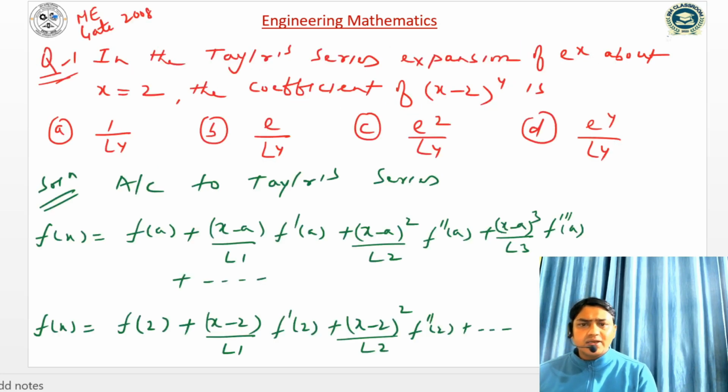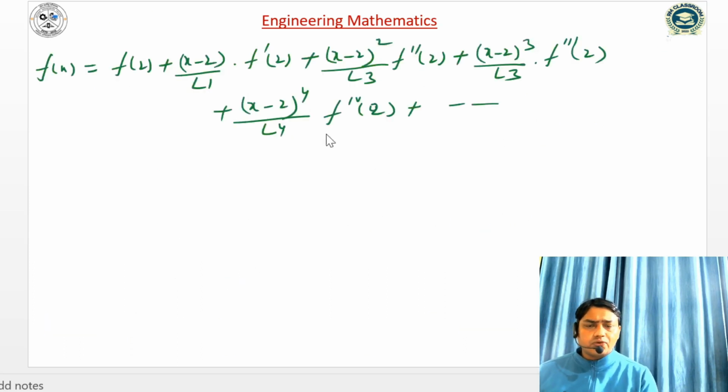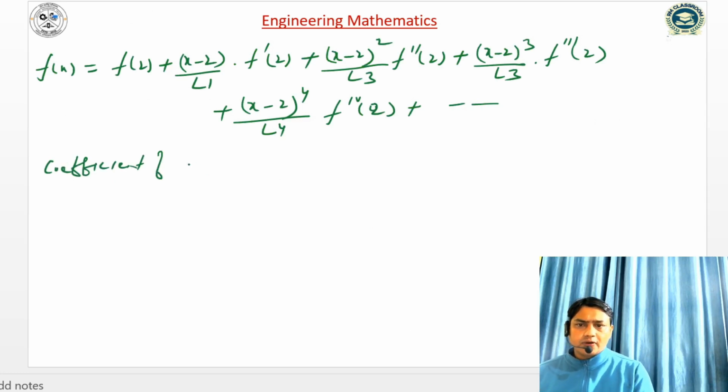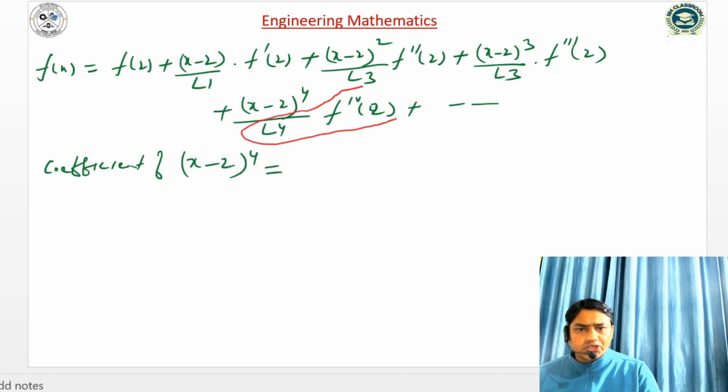So we have to find the coefficient of (x minus 2) to the power 4. So what is the coefficient of (x minus 2) to the power 4? This value is the coefficient. What is this value? 1 by factorial 4 into